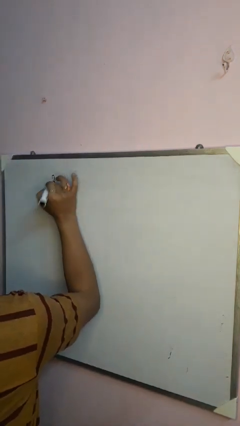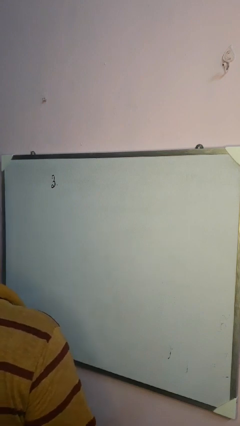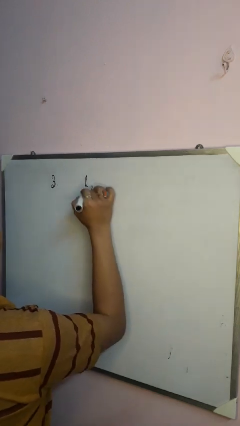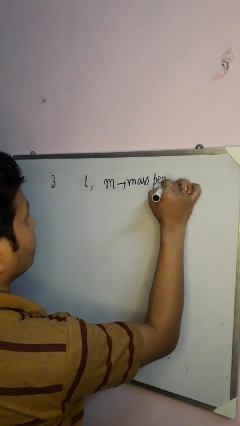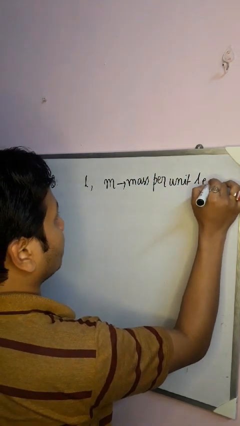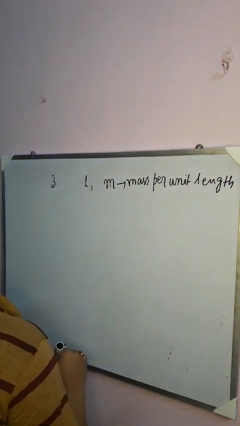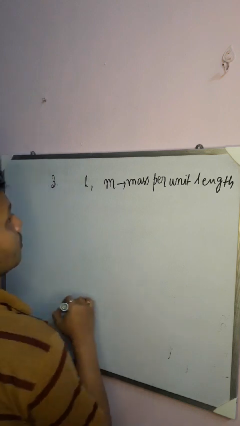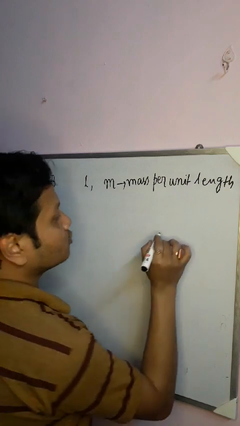Now the third numerical is that: show that the kinetic energy of a rod of length L and mass per unit length m, about an axis passing through the middle point and perpendicular to its length. L is the length of the rod and m is the mass per unit length. So we have to show,